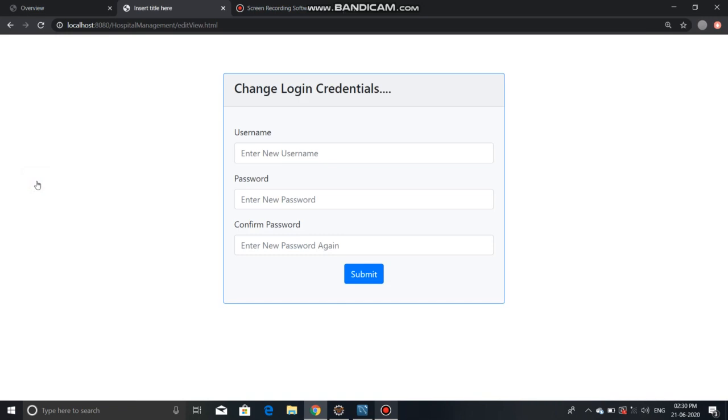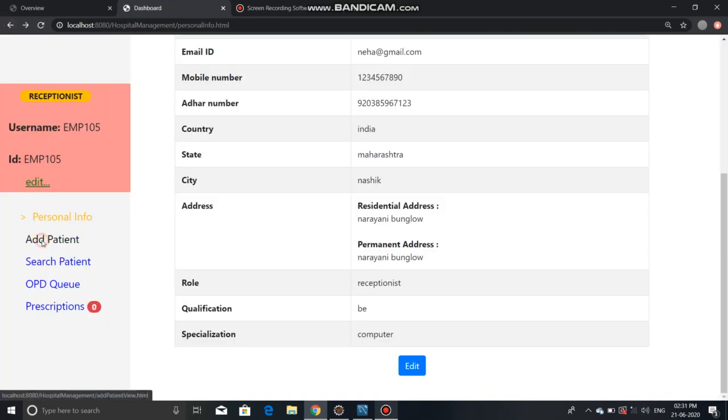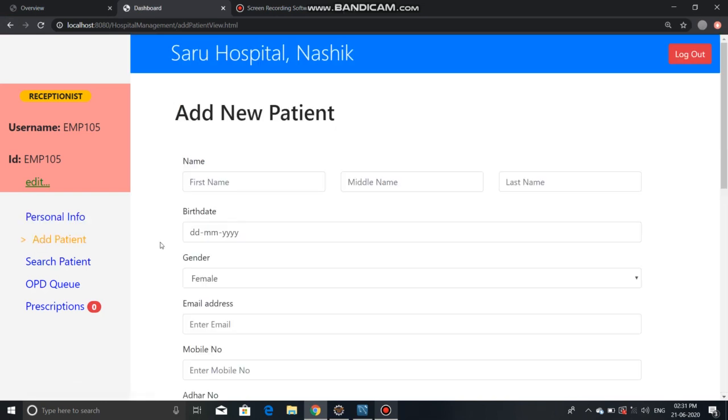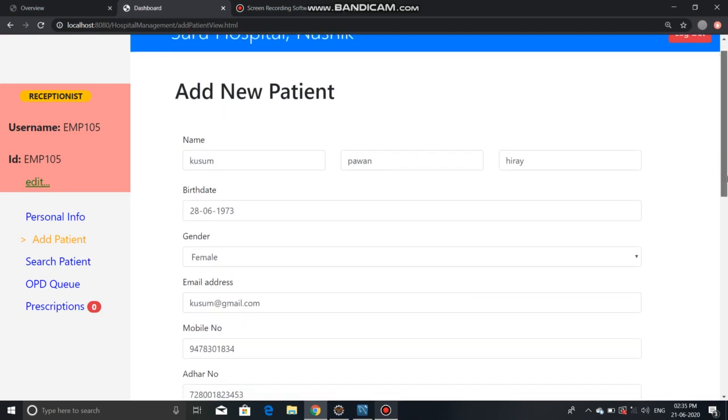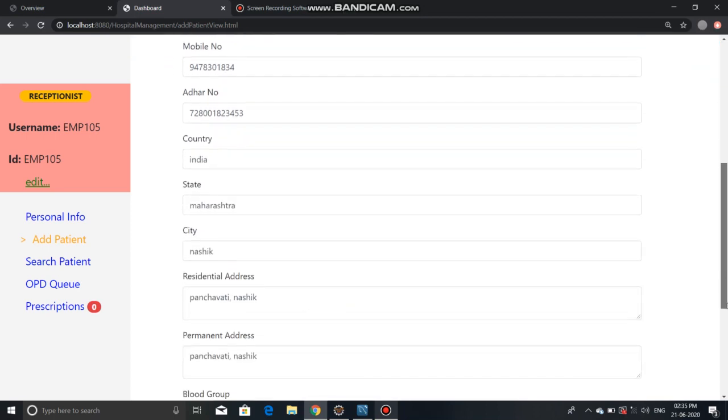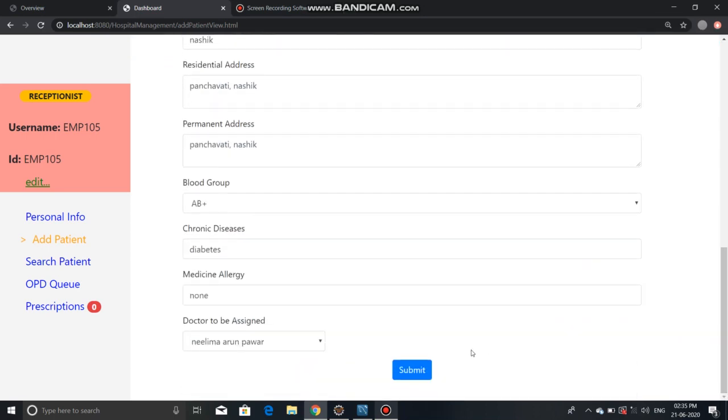He can edit or change his username and password. Whenever a new patient comes, receptionist will fill his data in this form. These forms are validated using JavaScript. Now, receptionist will assign a doctor which is currently available from this list.